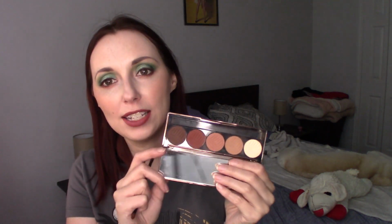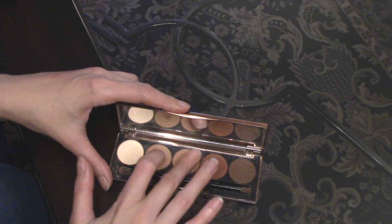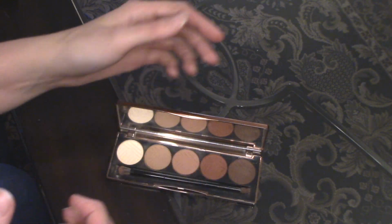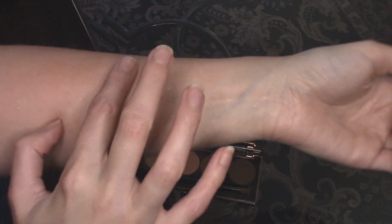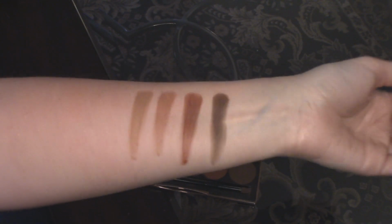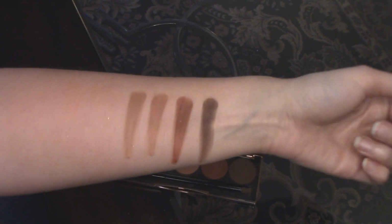And last but not least, if you're looking for something a little simpler, more of a monochrome palette that's not overwhelming, I really love the Dose of Colors Baked Browns. These are more warm brown shadows, but they're just really nice. You can pick just a couple of these or all of these and make a beautiful look with them. The shadows themselves are super buttery and soft. There's a lot of kick up in the pan because they're quite soft pressed, but they just go on so nicely. I love these warmer colors here,